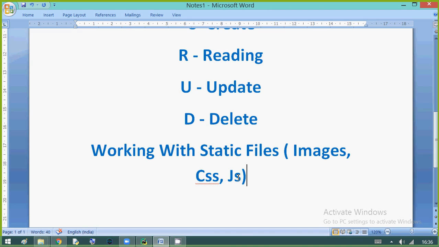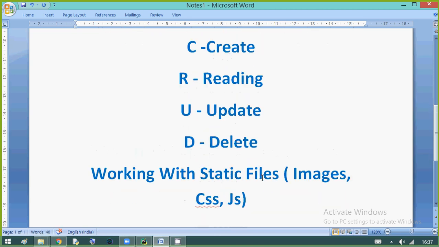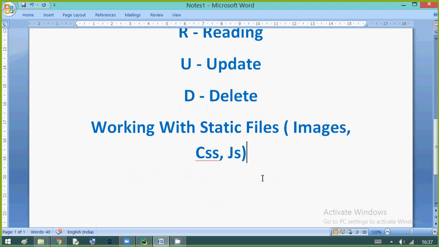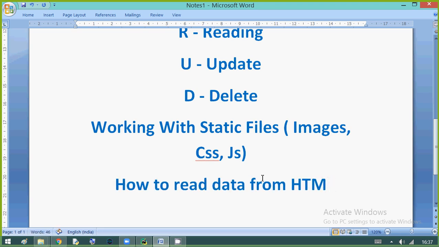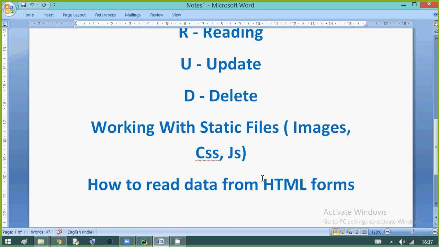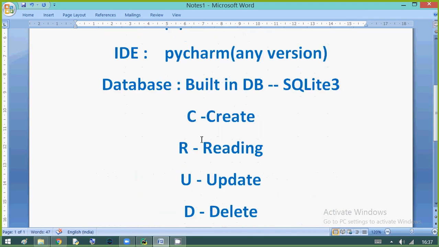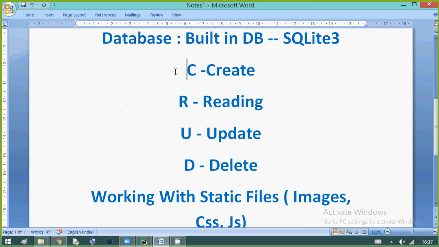So these are the major parts we are going to cover, and how to read the data from HTML forms. So this project will cover majorly these topics, guys.